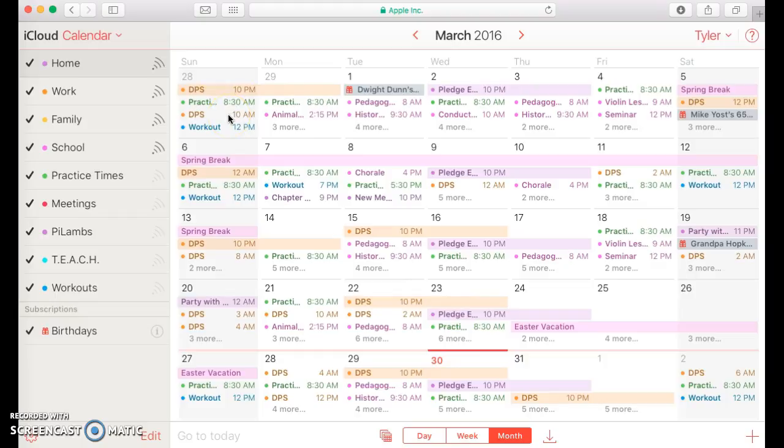The cool stuff about this is you can also do the coloring of different events going on. So like my practice times are green and all my work is orange, mainly because I don't like orange, so work sounds good with it. Workouts, nice and easy blue. So this is really nice. It's got a good layout, as you see right here. It'll show you up to 3 or 4 events in the main page of your calendar